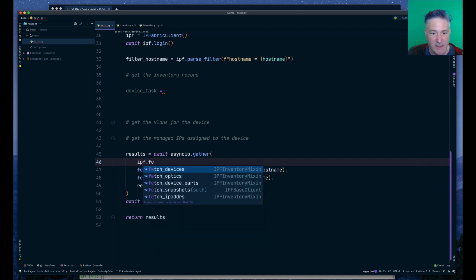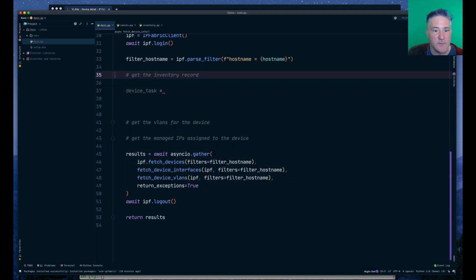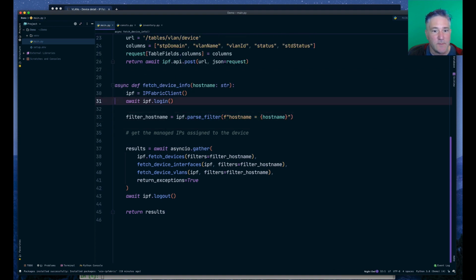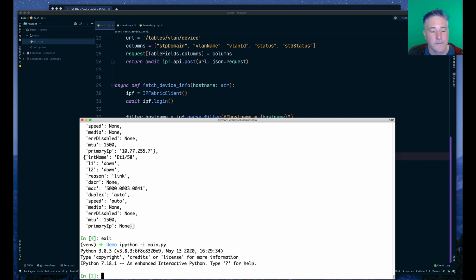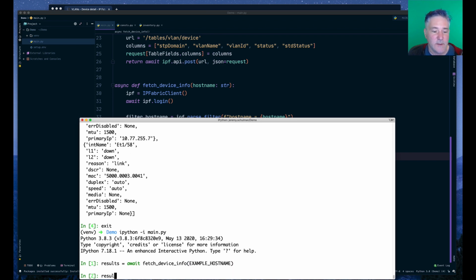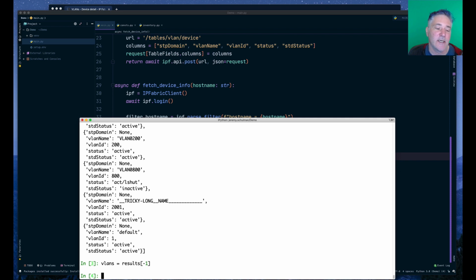So in this case, fetch devices, filters equals filter hostname. All right. So far, so good. Let's try that. Results is await fetch device info. All right, results. Let's look at the last one. And you can see that these are the VLANs. If I wanted to print out the VLAN name, so VLANs is results, last one, I could say,